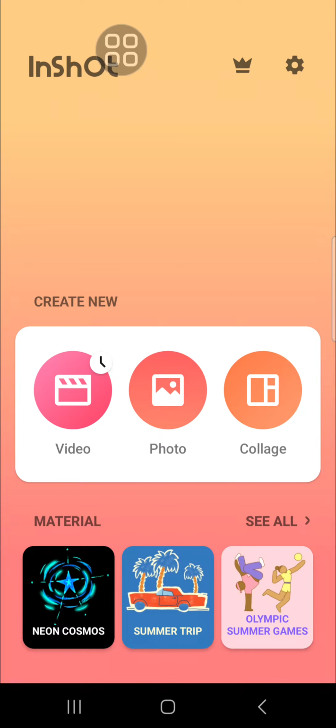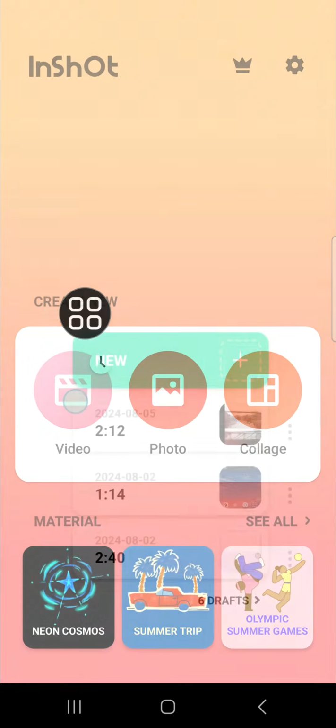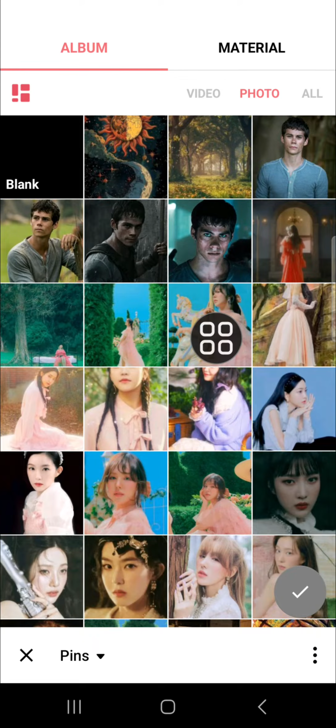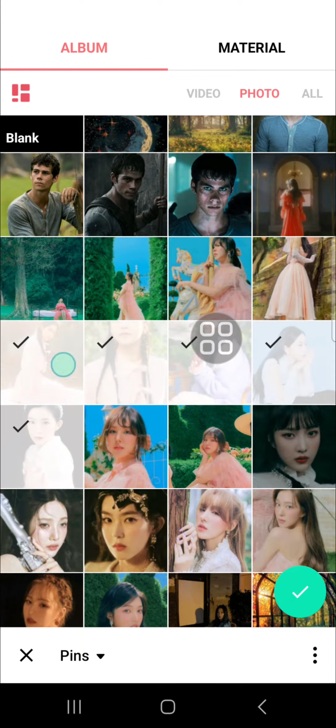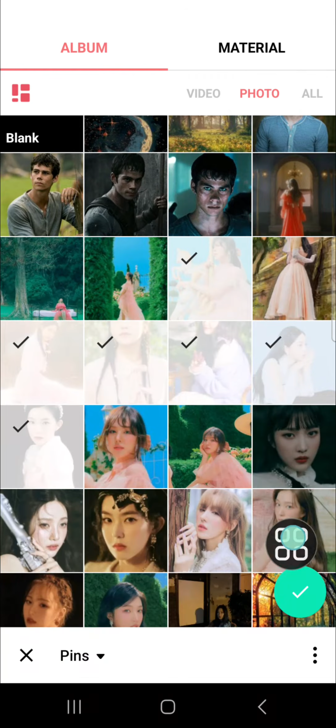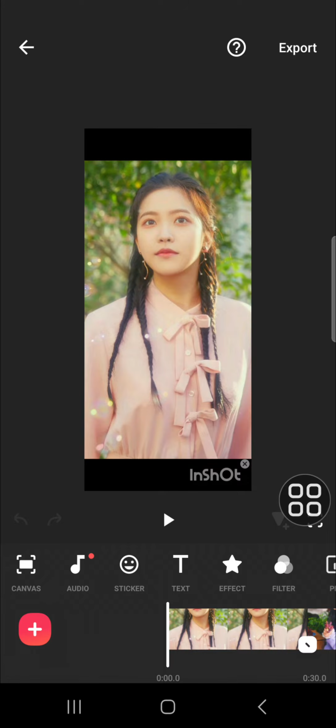Here I have opened my InShot, and first of all, we can create a new project. Go to the video and then select new and choose the photos you want to edit with song or music. I'm just going to pick random photos from my gallery. Okay, then once you're done selecting the photos, you can click on the check mark and then you are going